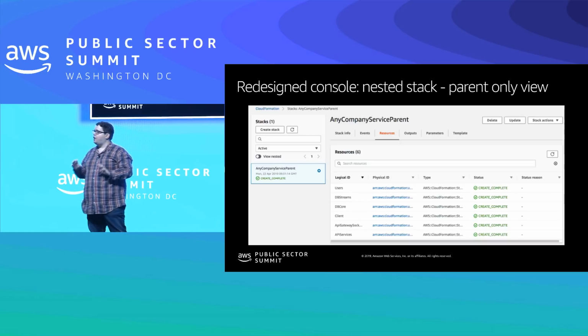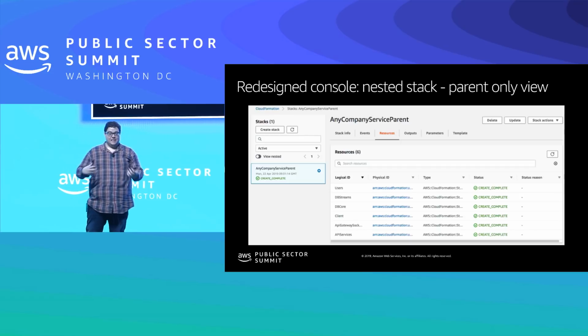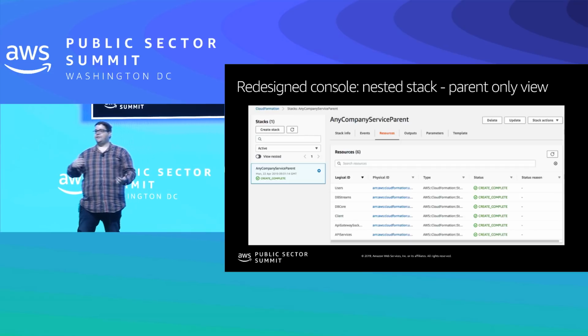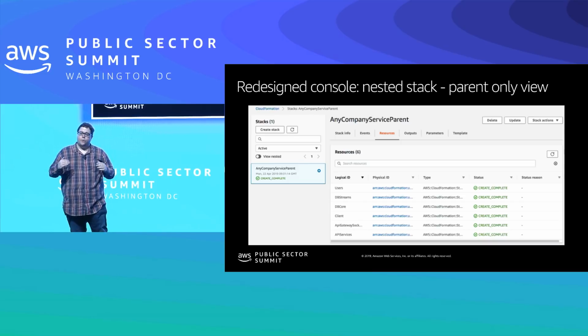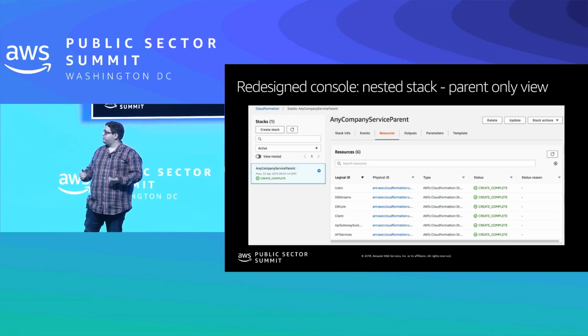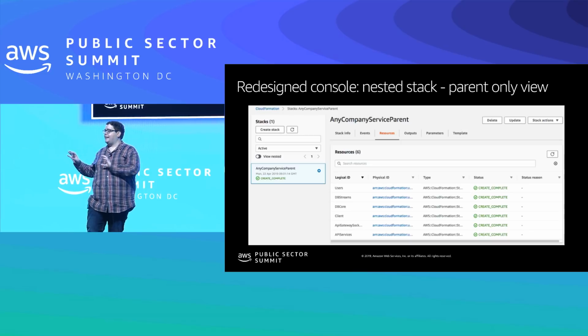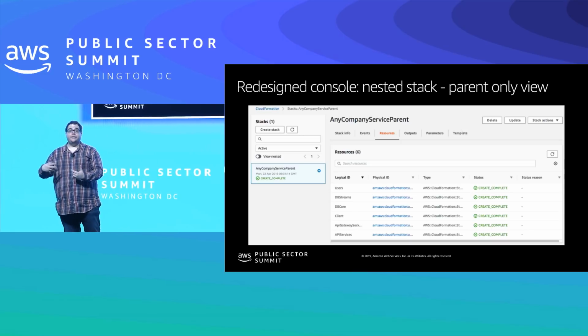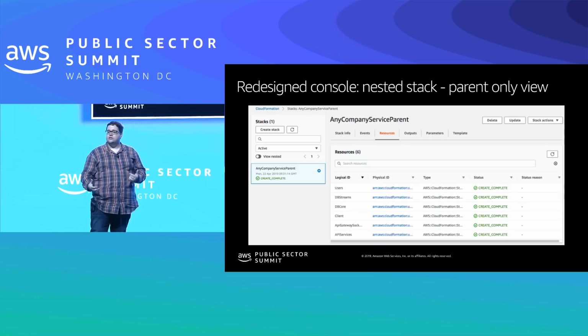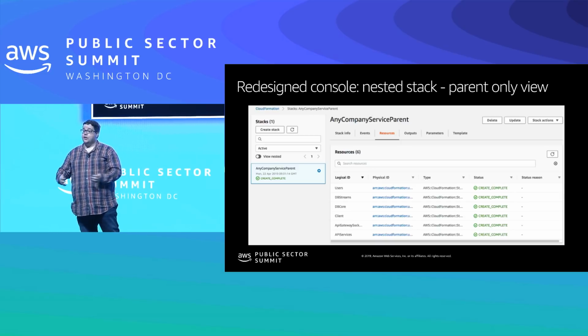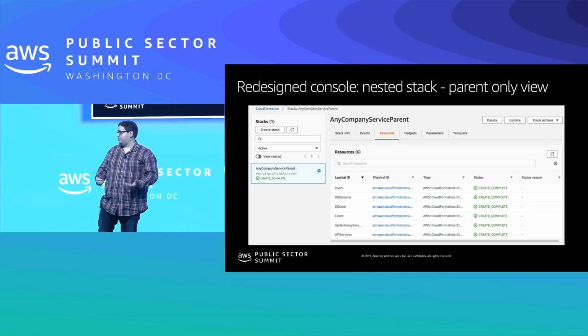We focused a lot on how we can make it so that customers who have a lot of stacks, 1,000+ stacks, can really easily manage their stacks and see different statuses and different things. This is, I guess the best way to put it, the tip of the iceberg. We made a lot of underlying improvements to the console in general, as well as just CloudFormation, to make it so that things like this are easier. We can now build things a lot simpler. We can make changes. You'll see us continue to iterate quickly because of the underlying changes that we made.